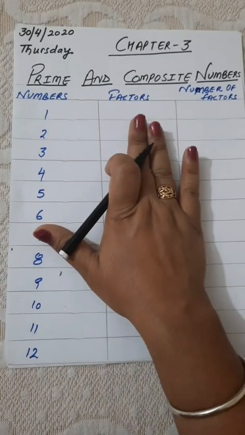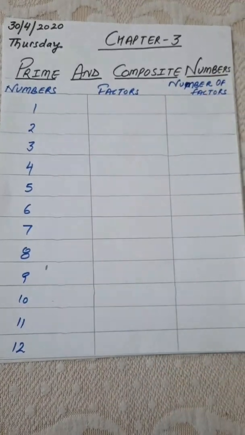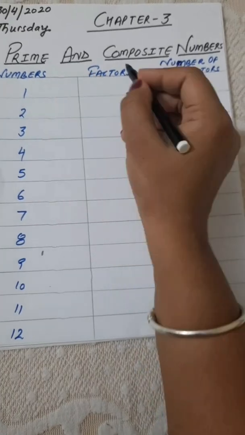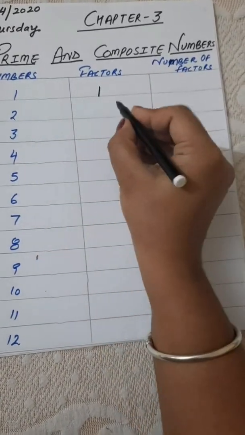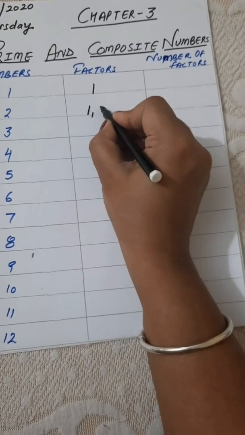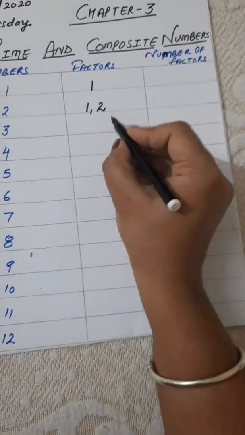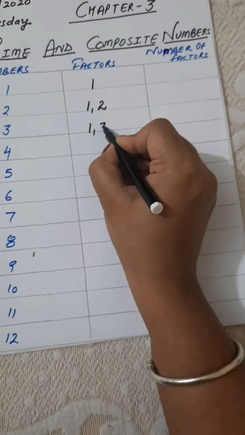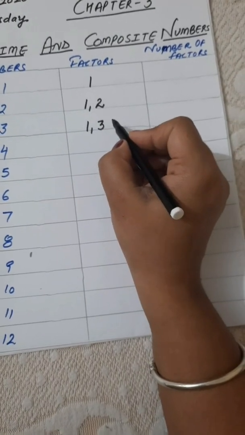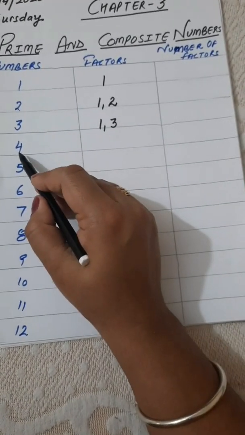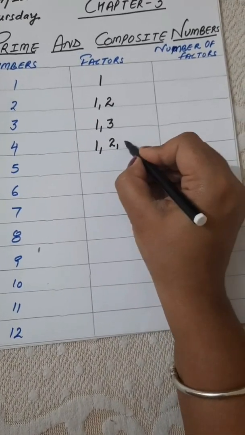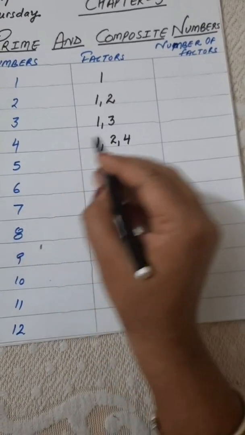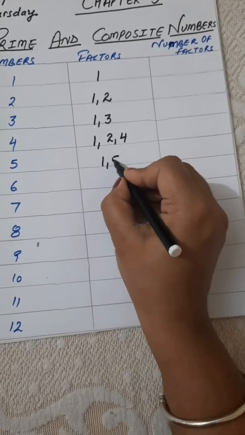As we are now familiar with the factors of a number, now observe the number over here. First step is we have to write the factors of the given number. Here the number is 1, so the factor of number 1 is 1 itself. Now 2, the factors of 2 are 1 and 2. Then 3, factors of 3, 1 and 3. As we know, factors are the exact divisor of the given number. Now next is 4, so the factors of 4 are 1, 2, then 4 itself. Then we have 5, so factors are 1 and 5.